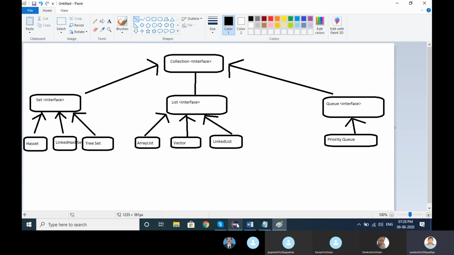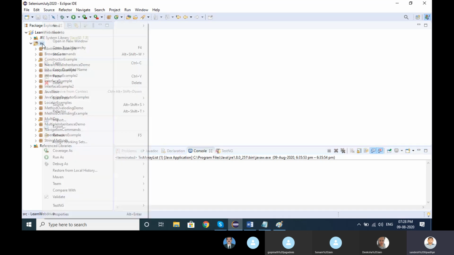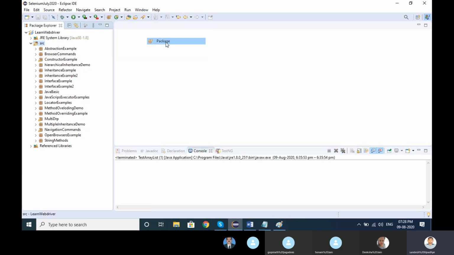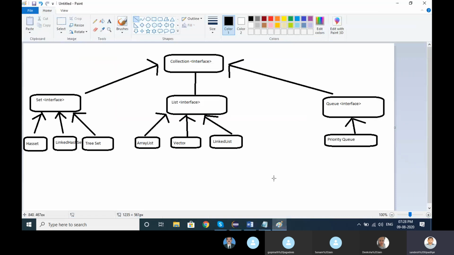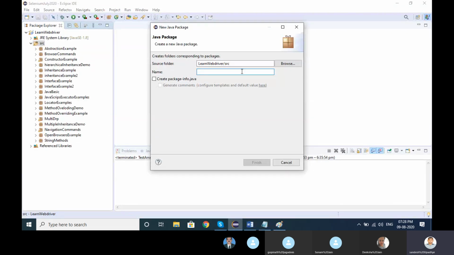Let me go and create one package as list. From now on, let us make a habit: when we create any package, the first letter should be lowercase.